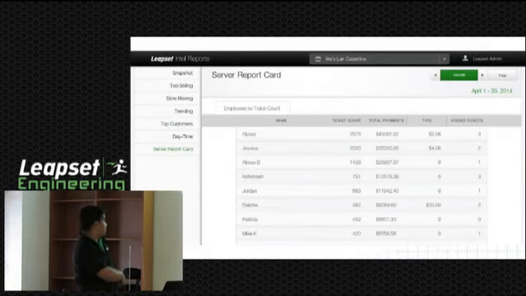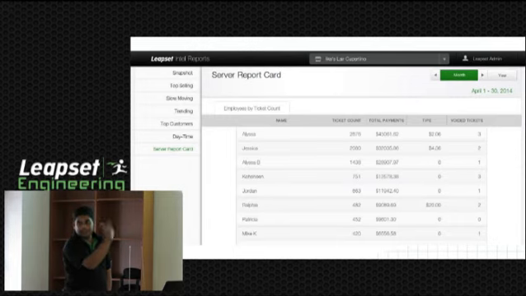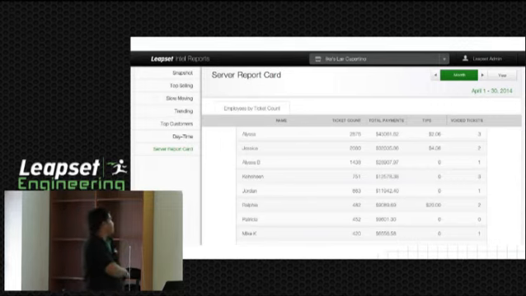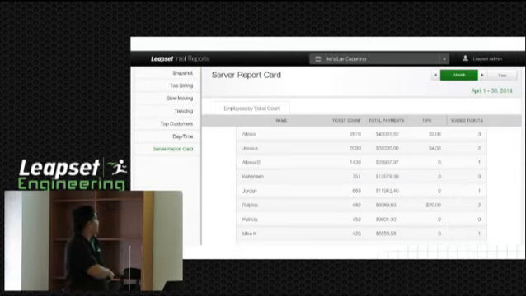And this is the latest one we have introduced, the server report card. Actually, we are getting some data from another database. Normally all the others are coming from the Leapset database. This one we are getting from an employee database to integrate the employee activity and the sale activity, and we can see how the tips they are running, how many tickets they are handling, and how many void tickets. This will be in process to embed in this report further.